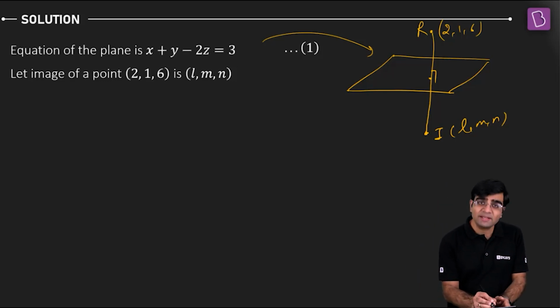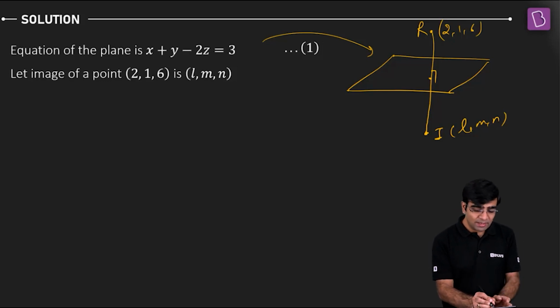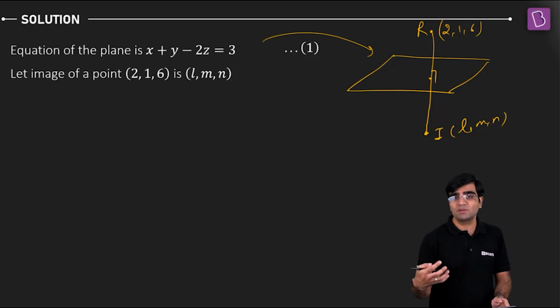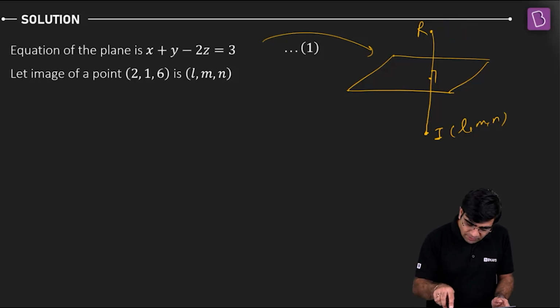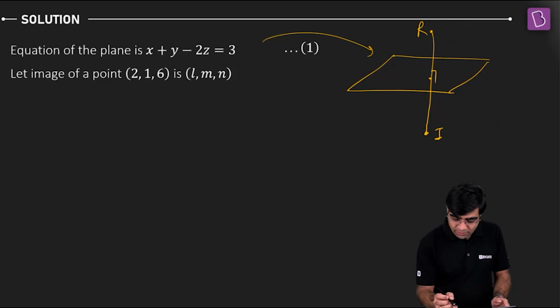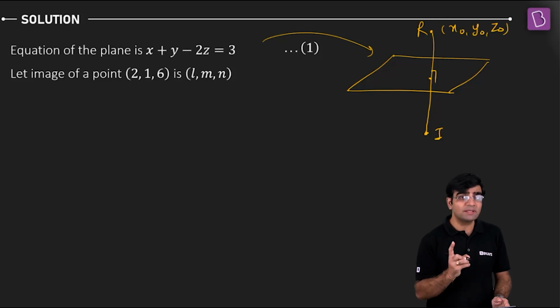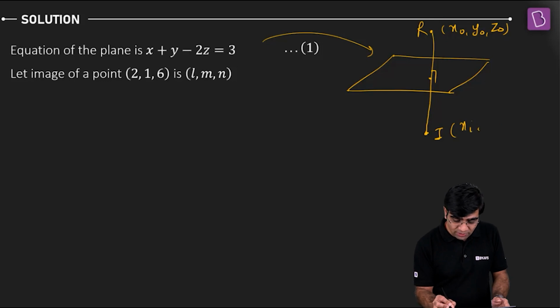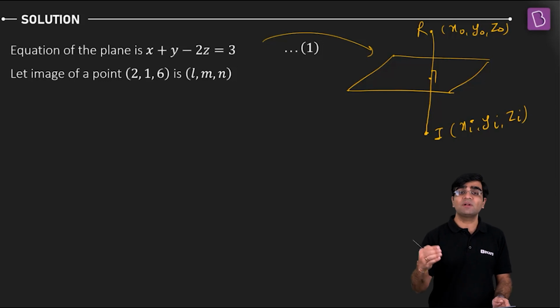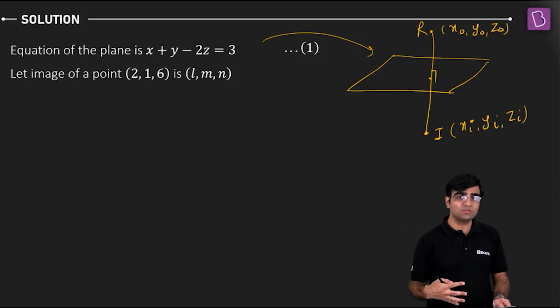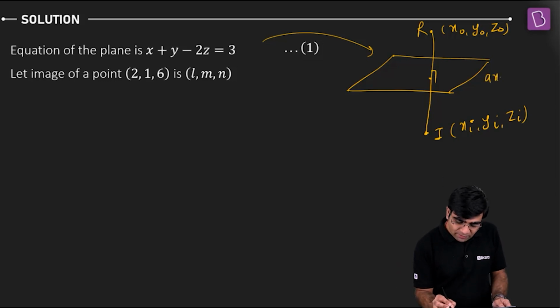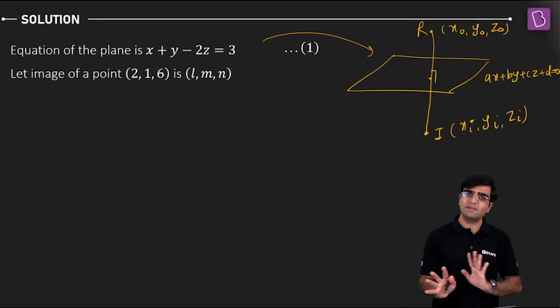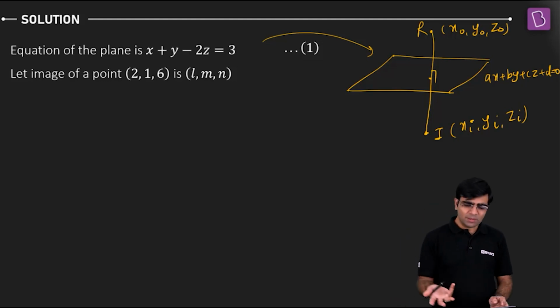The formula is, let's say if I take the image as xi, yi, zi, and the point with respect to which the image is to be found is x0, y0, z0. So let me put it up so that you can understand or recall the formula very quickly. And see, we are expecting that you remember this formula in the examination hall, right? It is highly essential. So xi, yi, zi are the coordinates of the image, and x0, y0, z0 are the coordinates of the point whose image is to be found. And let's say the equation of the plane is ax plus by plus cz plus d equal to 0. Right, a very simple one. Standard equation that we know.